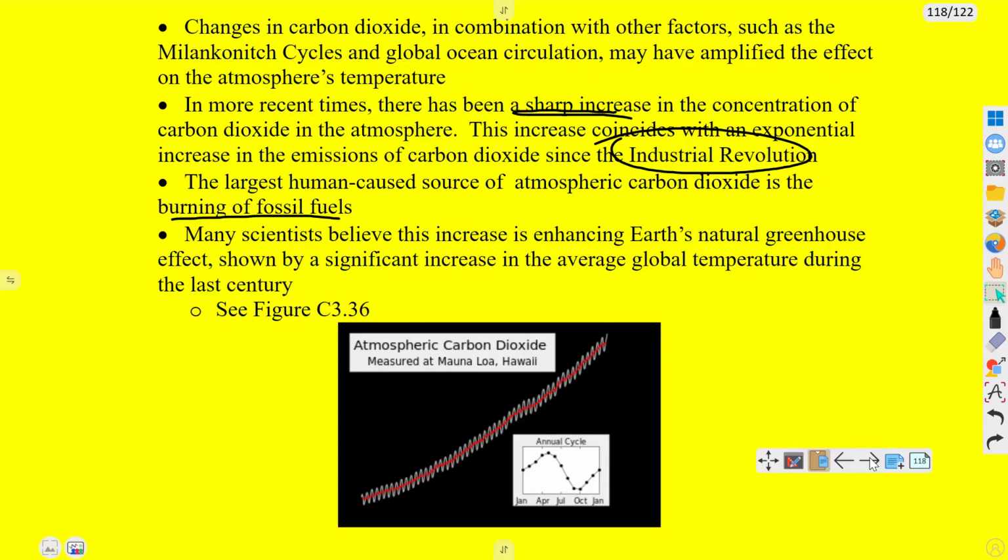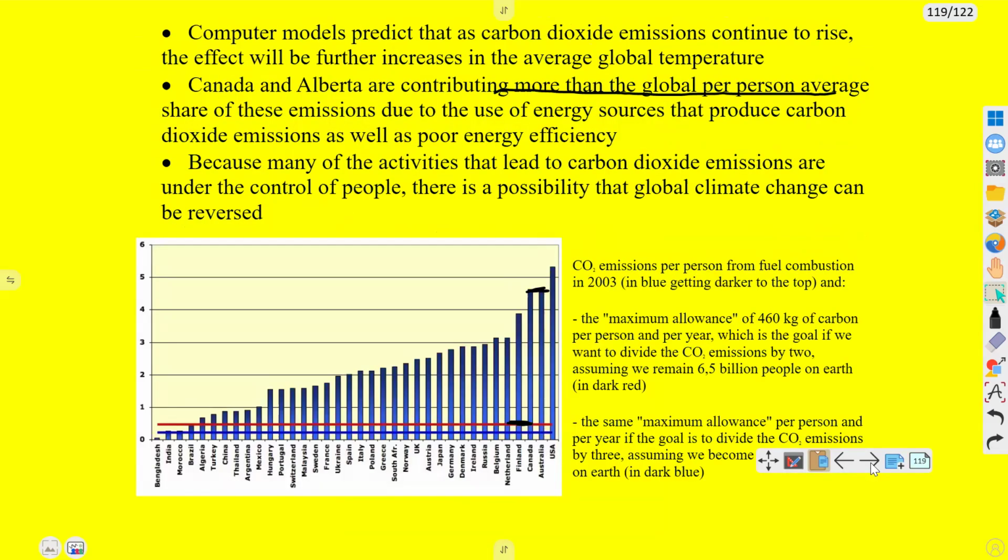And therefore, we are experiencing a much more significant increase in average global temperatures during the last 100 years or so. And computer models are predicting that as our CO2 levels continue to increase,